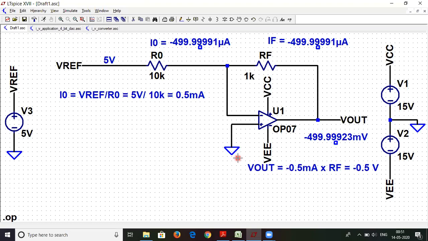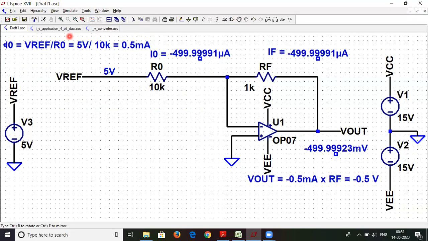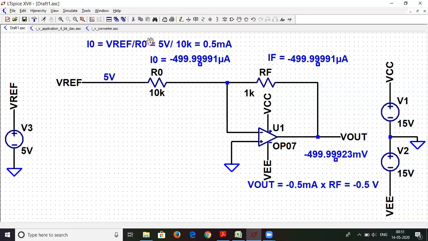Okay, so I guess y'all are able to follow what we have done over here. So we have simply converted input current into a voltage. So basically why we are applying this 5 volts over here, it will be clear very soon. So what we will do is we'll build up on this circuitry. So I hope this is clear now. This will be V reference upon I0 and that will be this. So let me just push it on some other side of the screen. So let me just place it over here.